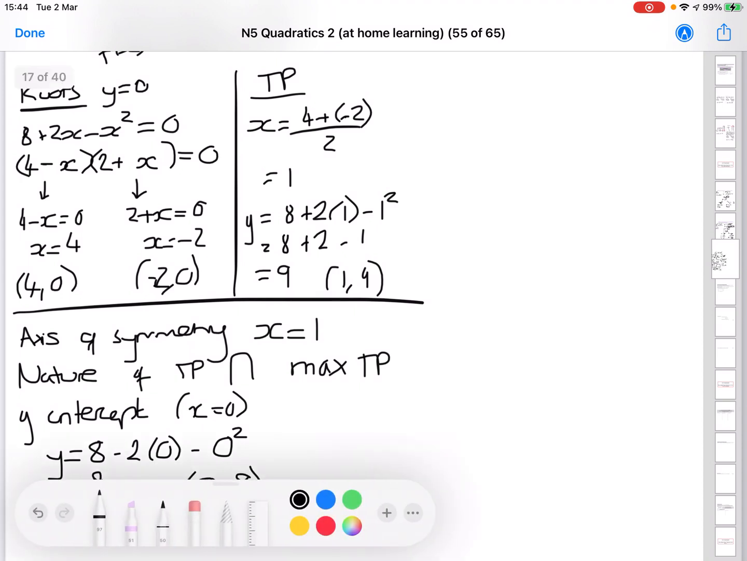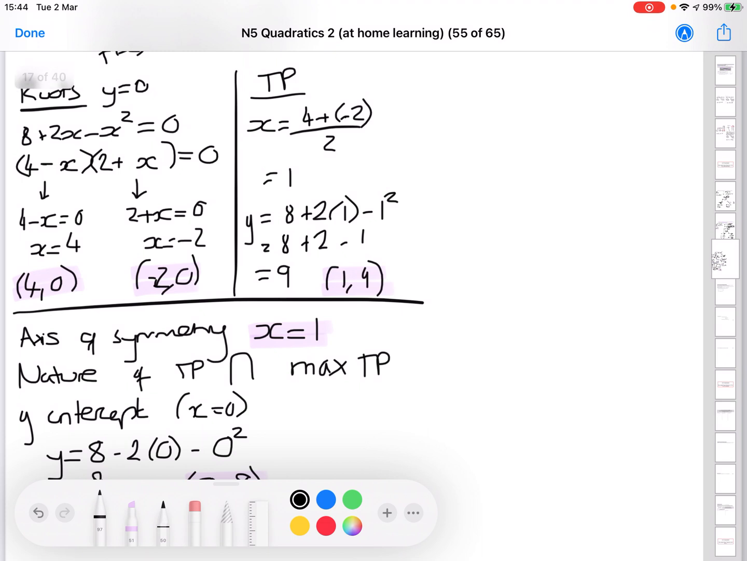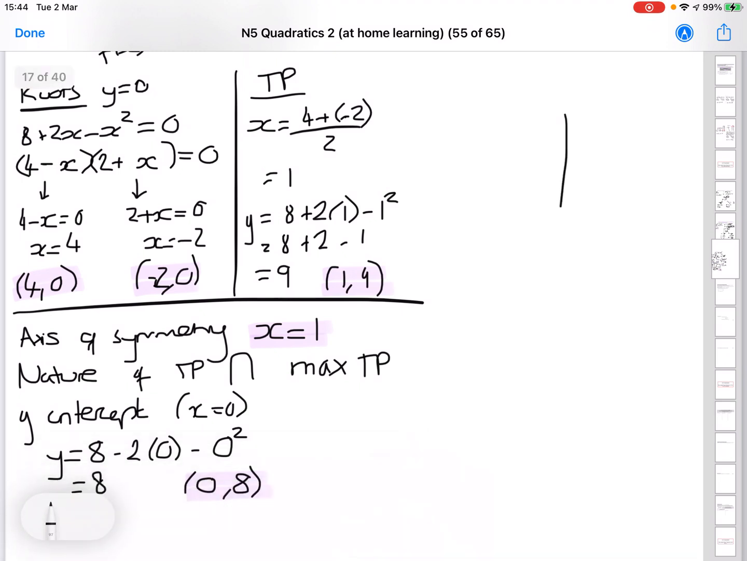Now all we need to do is mark all these points on our diagram. So we have our two roots, 4 and minus 2. We have our turning point, 1, 9. We have our line of symmetry, x equals 1, and our y-intercept, 0, 8. So if we make a sketch of this,